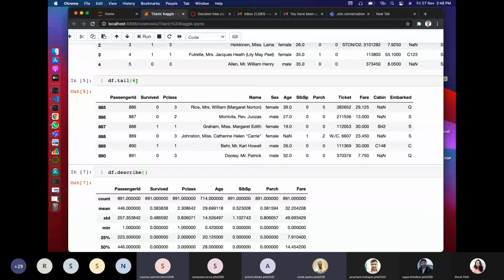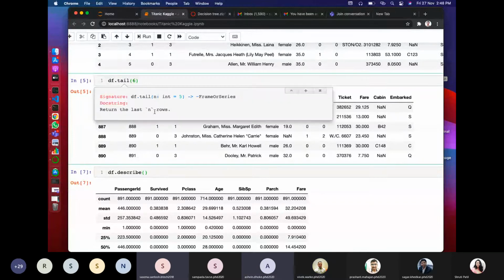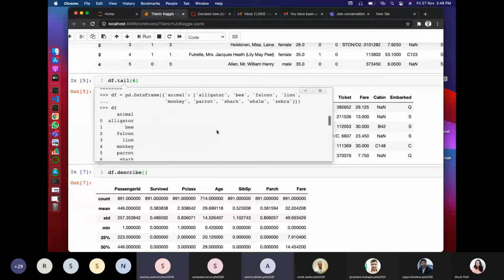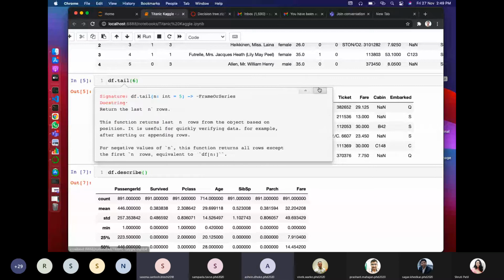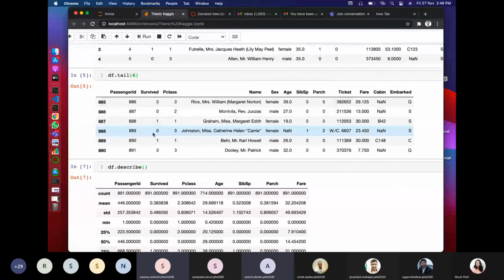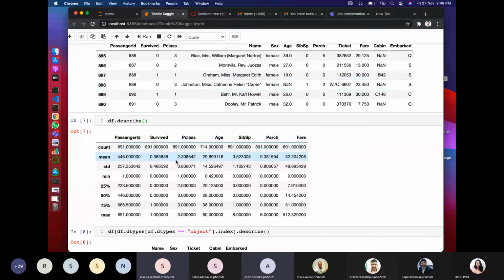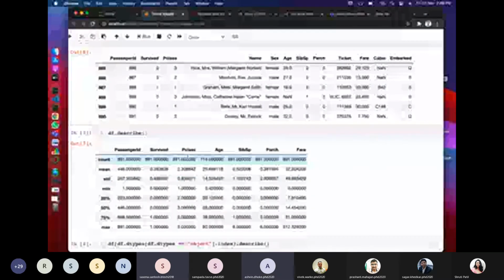And you can check this by pressing tab and shift. If you just press shift and tab on your computer, it will show you all the details about this command. So it is not very difficult to actually learn something. Python is very easy. And if you use Jupyter Notebook, you will get this sort of help. So you can go further with it.